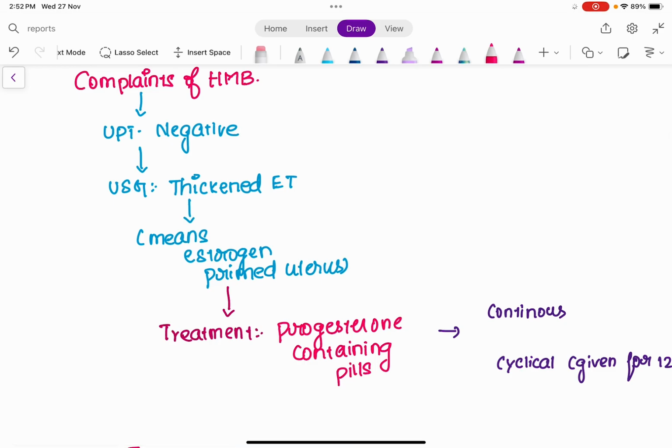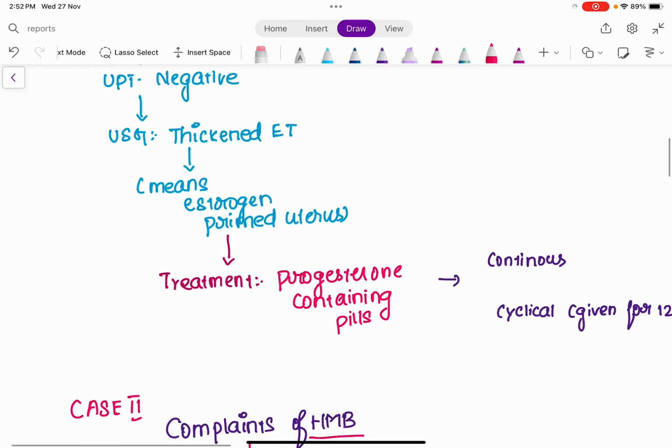Since the endometrium is thickened on the ultrasound report, it means that estrogen has played its part in the uterus, right? Only if estrogen has played its part in the uterus will the endometrial thickness get thickened. So here the endometrial thickness is very thickened, which means that estrogen has primed the uterus. Since the estrogen has primed the uterus, the patient is having heavy menstrual bleeding, because once the uterus is primed by the